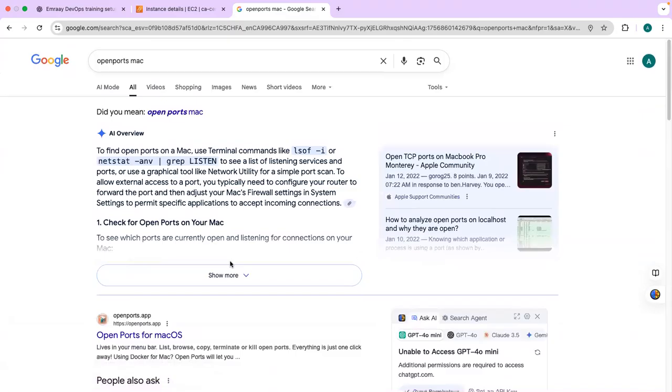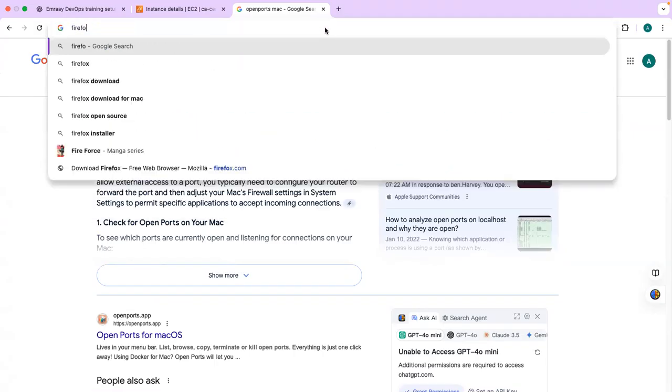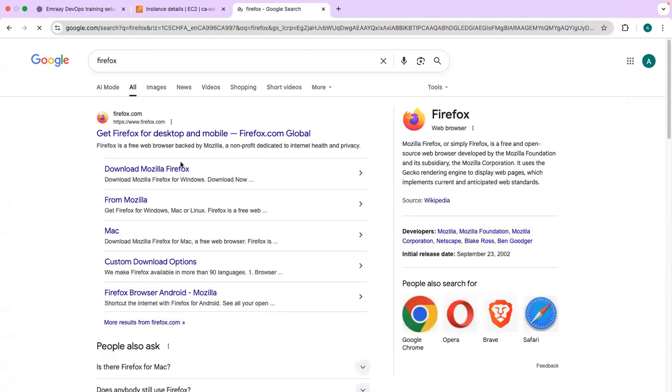I said the one that people know. A browser. Yeah. Let's assume. Okay, a browser. I don't have Firefox, so let me say Firefox. Right? So I'll go to Firefox.